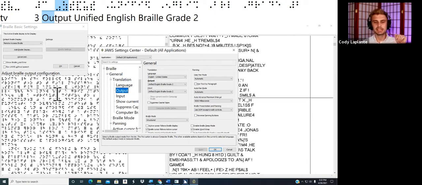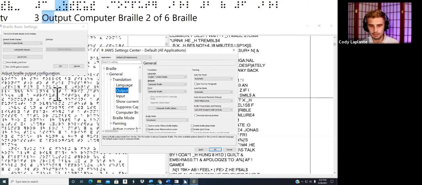If you said spacebar, you are correct. I'm going to press spacebar until I hear 8 dot Computer Braille. Space. Computer Braille. Beautiful. All right. 1 of 5. The beautiful thing about this too is when I change that to Computer Braille, the input table,